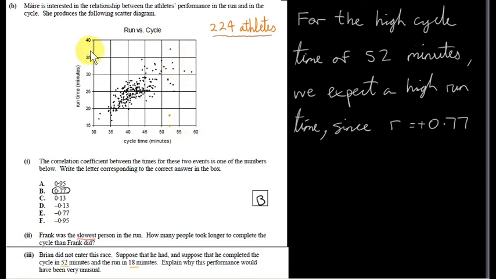If someone has a high run time, you would expect on average that that same person would have a high cycle time. You can also say it the other way around. You could say if the cycle time is low, then you would expect that person to have a low run time. By the way, this makes sense. If a person is fit, then for the strongest athletes, you would expect their cycle times to be fairly low compared to the rest. And if that's the case for the cycle time, it's not too surprising that the run time is also low.